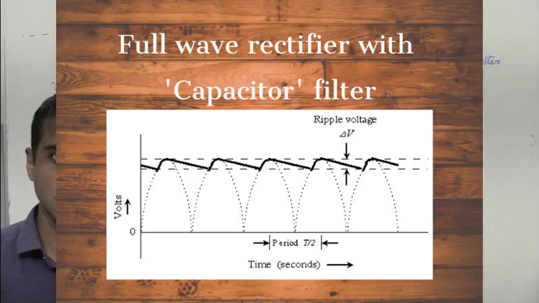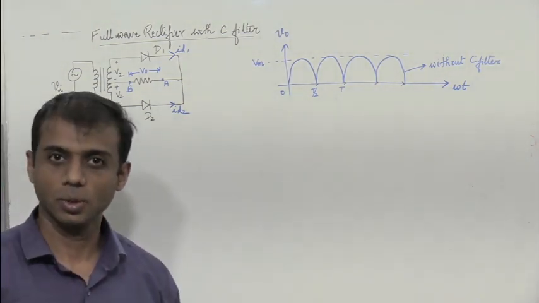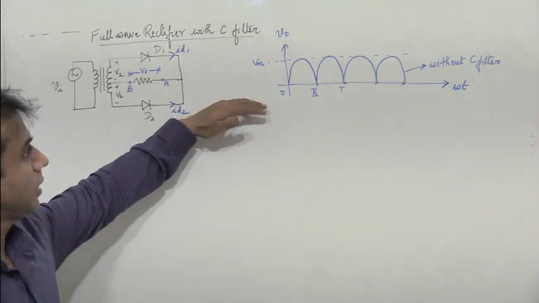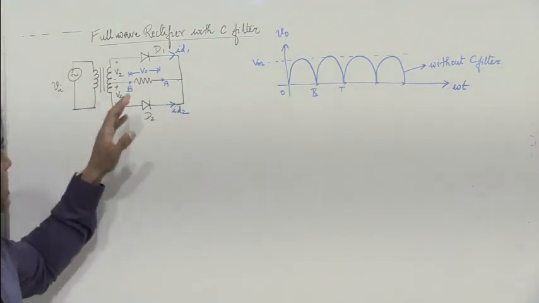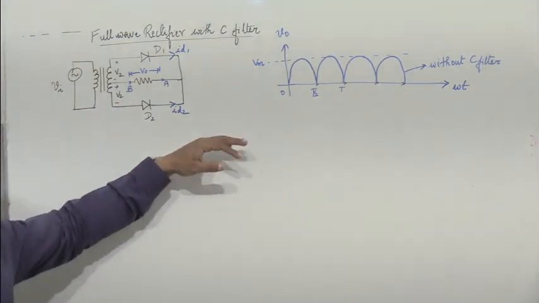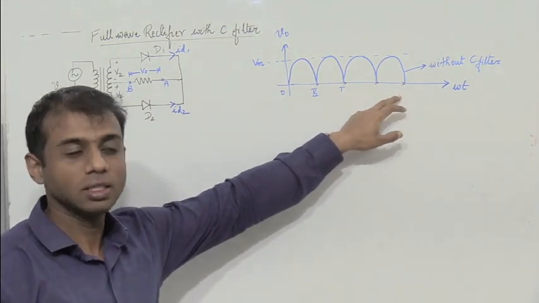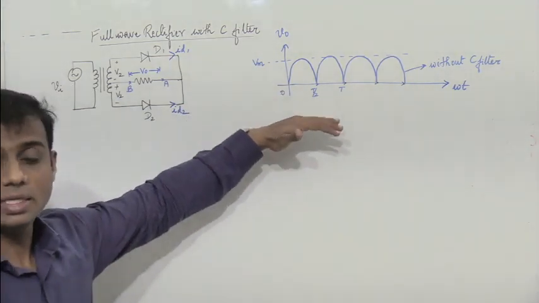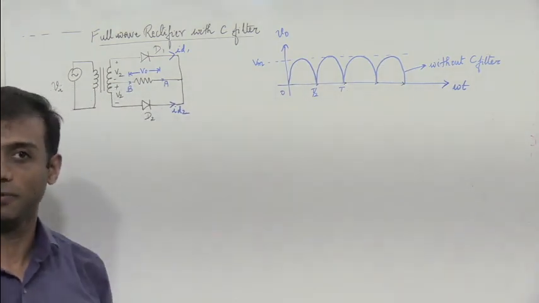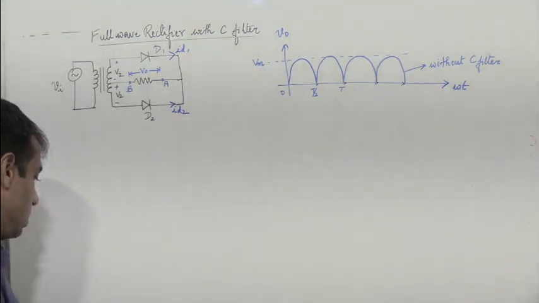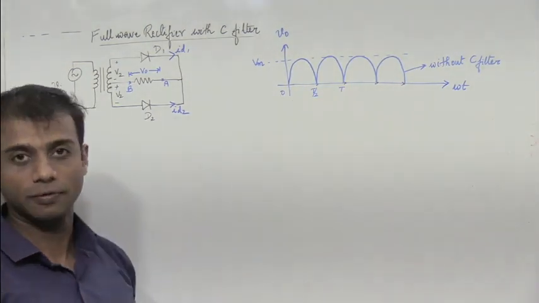In the previous sessions, we have seen the working of a full wave rectifier and also a bridge rectifier, right? So the output of a full wave rectifier looks something like this. Now the basic job of rectification is to convert an AC to DC. But when we observe the output of a full wave rectifier, it is not an ideal DC, isn't it? So you have variations there, and we have also calculated the ripple factor. The ripple factor is around 48% in the case of a full wave rectifier, right?